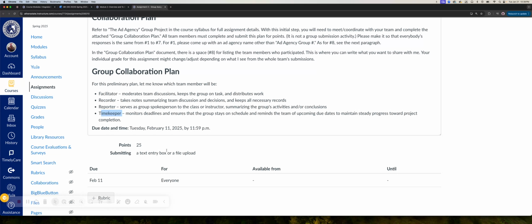And yeah, you have a little bit of time, February 11th, but I would recommend please do not wait until the last minute. Go ahead and be in contact with each other, come up with a plan. The sooner you get this done, the better, right? Because then you can move forward with the other group activity, which I'm gonna go ahead and jump to, and